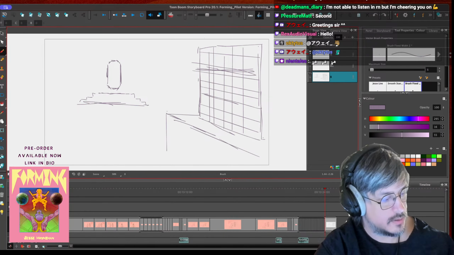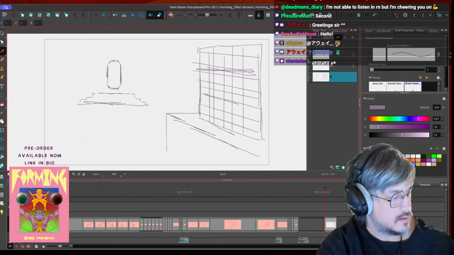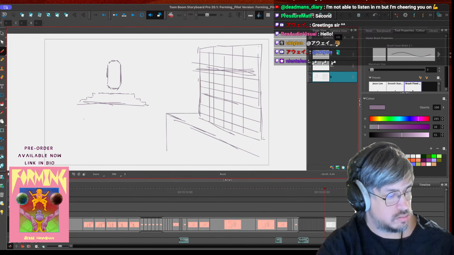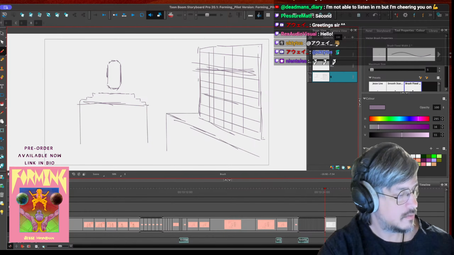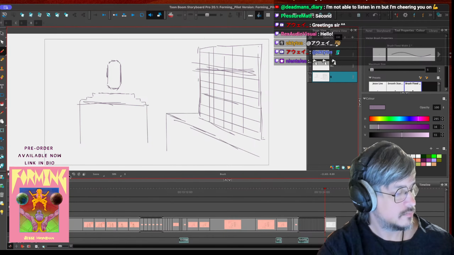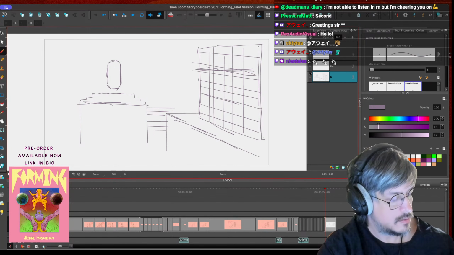So it might take me a second to figure this out because I don't know, I haven't really thought about this too much yet. There's like multiple steps going down.